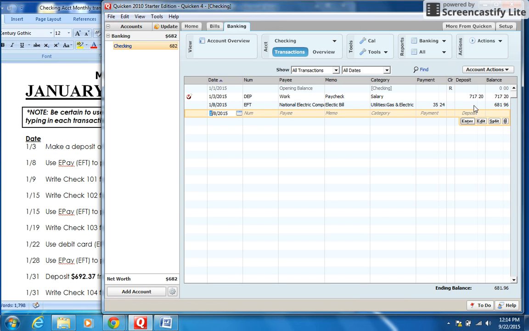And if you can see up at the top here, that's our balance because we had gotten paid $717.20. And then a few days later, we had to pay our electricity bill for $35.24. So Quicken automatically deducts that $35.24, and we have kind of a running balance here. So this balance over here is how much money we have